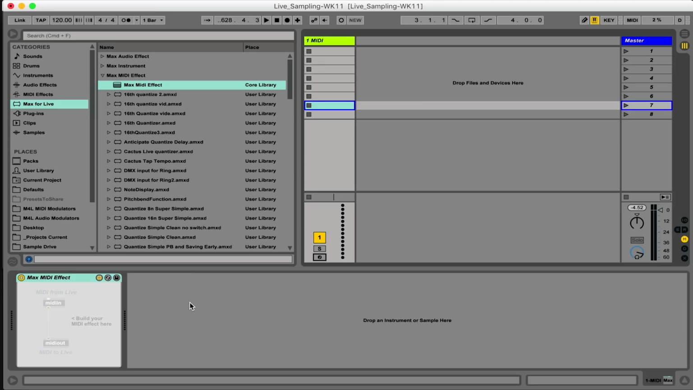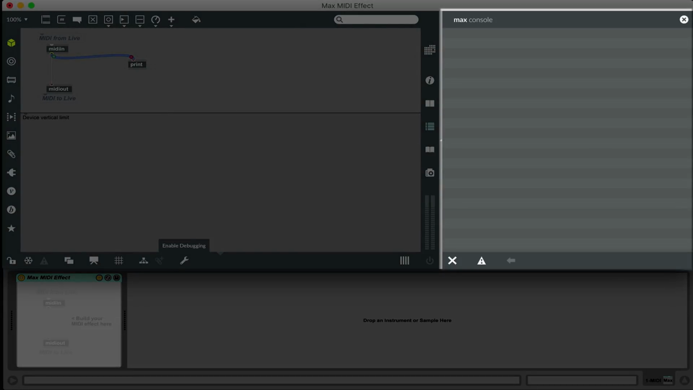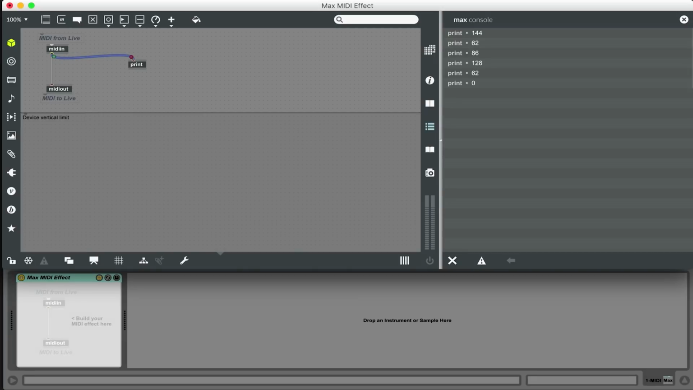I'll go to Live and I notice the problem right away. My MIDI track is not record enabled. So I'll record enable it, go back to Max, and now I'll hit a key on my keyboard. Right when I hit a key on my keyboard, I'm seeing 3 messages, 144, 62, 86. When I release a key, I'm seeing a bunch more messages, 128, 62, 0. Now I'm really not sure what all those messages mean yet, but I am seeing I'm getting information into Max,